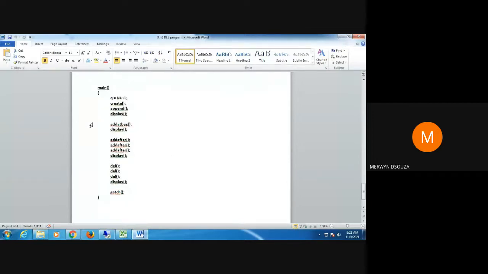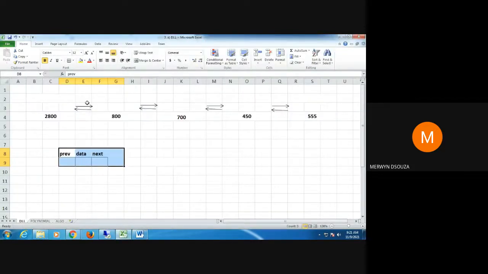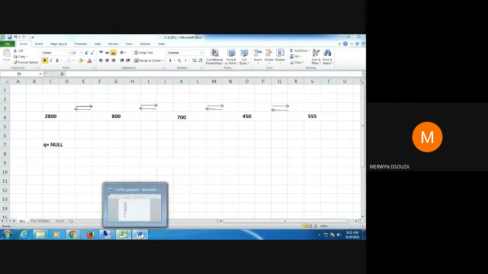So let's start. Always your program execution starts with the main function. So let's start with the main function. Initially we do not have any nodes present with us. We do not have a doubly linked list with us. Therefore, we initialize q equal to null. So initially no nodes are present with us, therefore q is equal to null. Let me write it down for you here. Initially q equal to null because the doubly linked list is not existing at all.